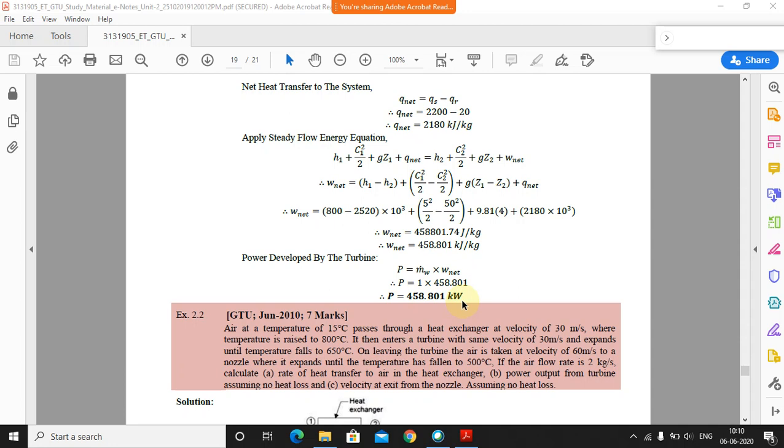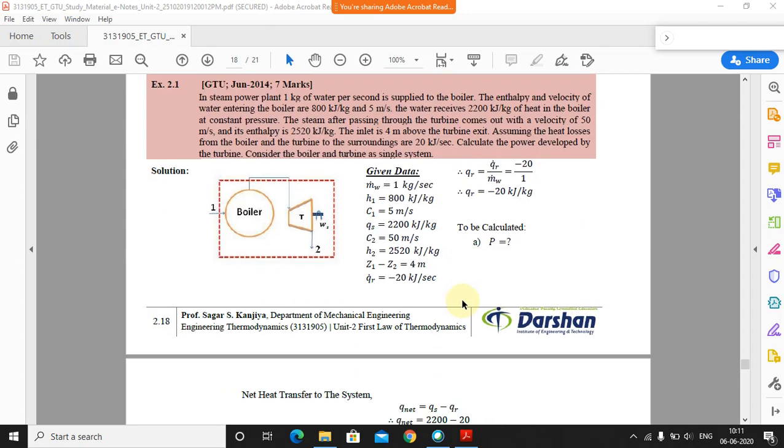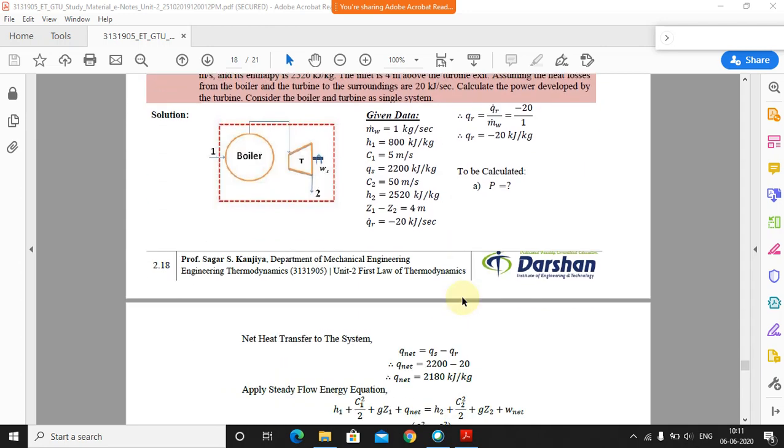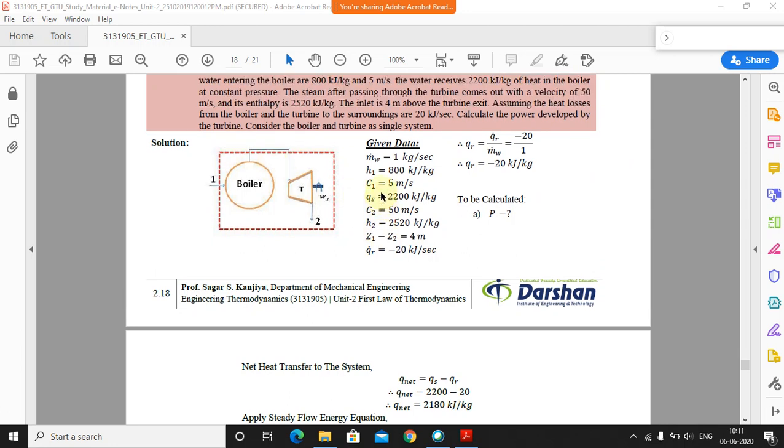Okay, clear? Any doubt in this? So all of you got the clear idea of how we can solve the problem. Now in this case there was a combined system, so we haven't considered all these things like this difference and all that. All the values were given, so directly we have put them into the equation and found everything. I hope this is clear.